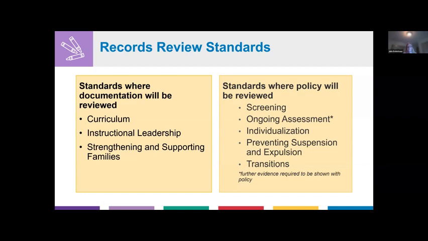So they have to have everything ready that they're going to submit. They can't submit for screening and have us code it, and then submit for individualization a couple months later and have us code it. They have to submit everything all at once, but they can be working on it over a period of time. Which is why they could start planning right after the program profile is done.